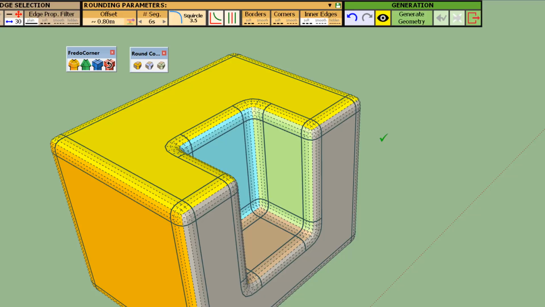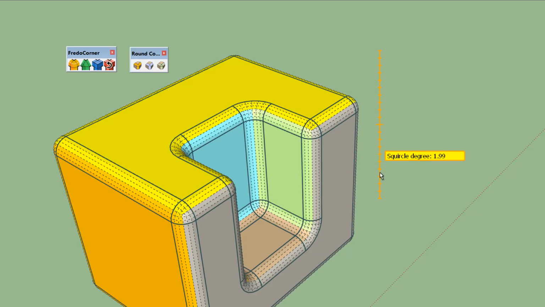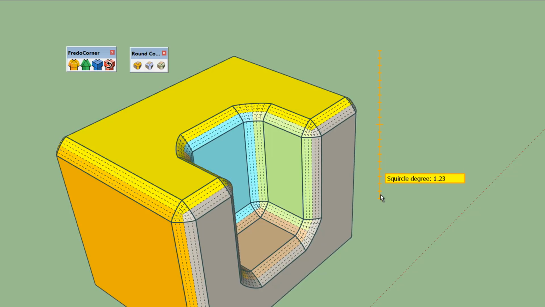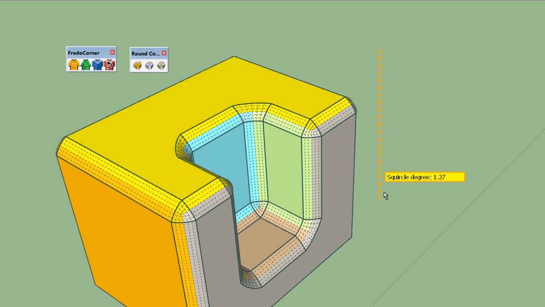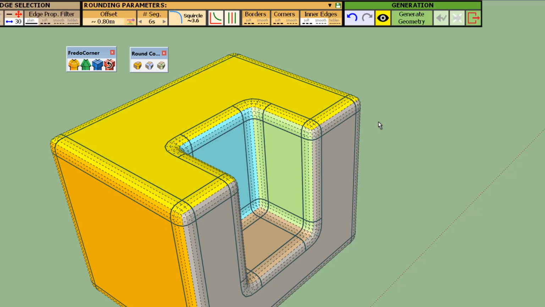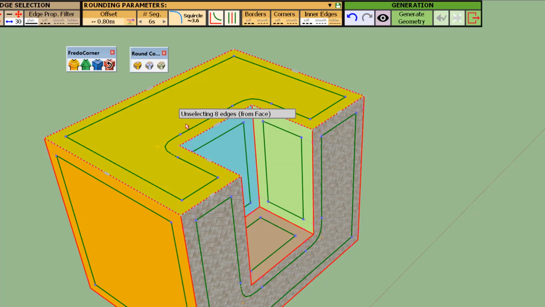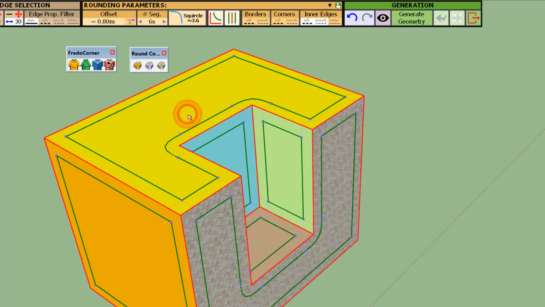And if you press Shift, you will modify the profile of the rounding, which you can see here. It is flattish. Here it is more rounded. So that's the preview, which can be, of course, useful again once you have done the selection. At any point, you can, of course, go back to the selection and change it.